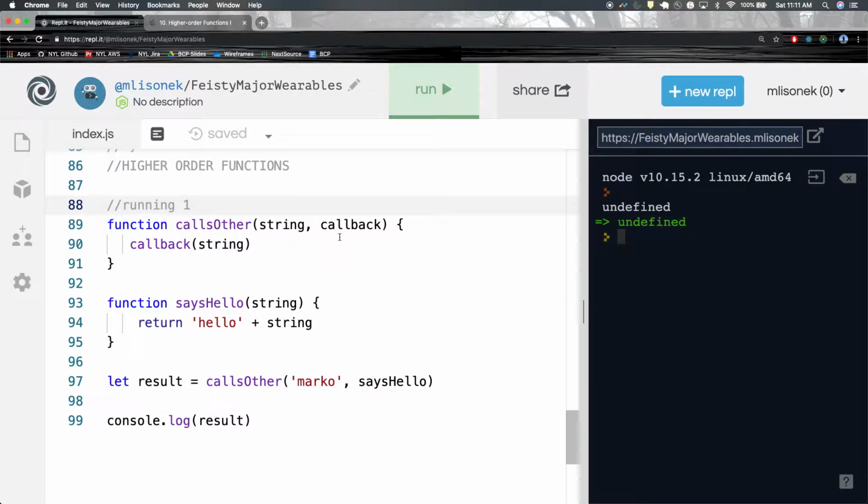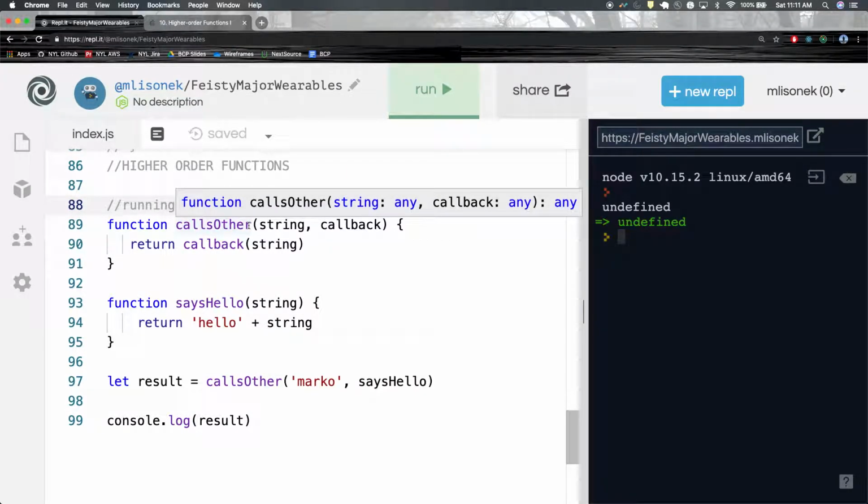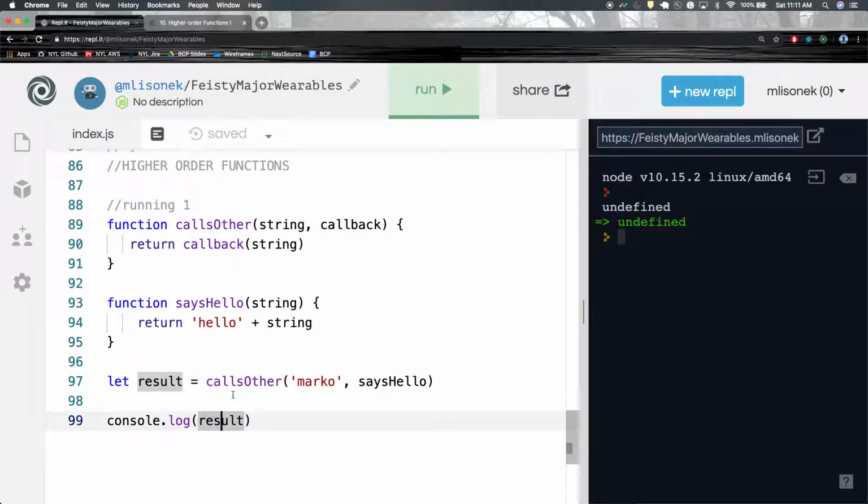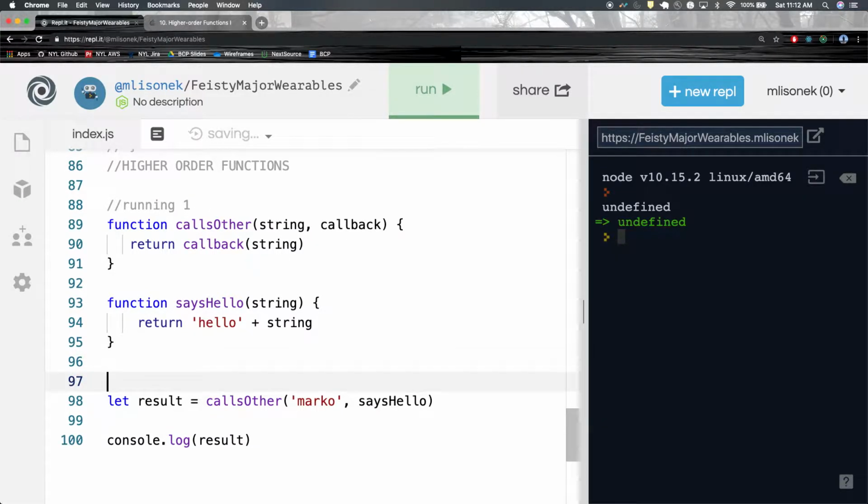Calls other runs. Well, I'll return this so it's not undefined anymore. Calls other is now running, right? Wait, so you're calling the top one number 1, but you said that doesn't really get queued until this line 97 here? Yeah. Because these are just definitions. It's not running until you call it. It's not running until you're calling it here. Yeah, I mean, I'm just like in my mind, I'm including 97 as like the first thing. Yes. Okay, so